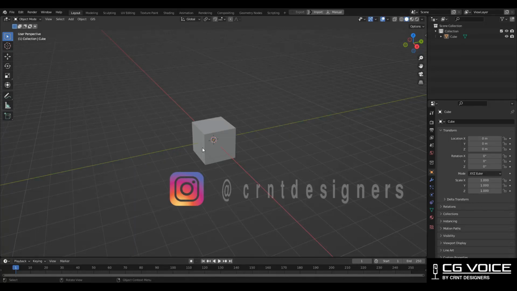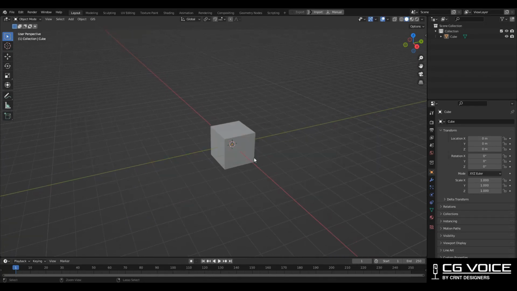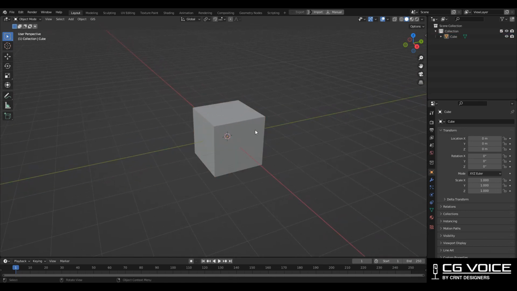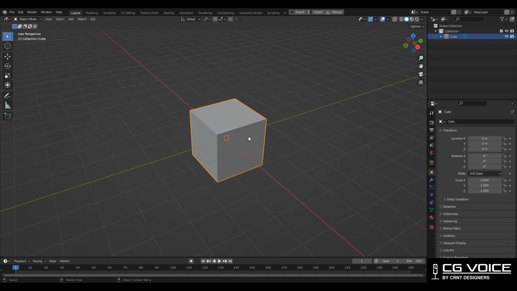If you want to organize your animation to improve your speed, then you should watch this tutorial till the end. Here I have this cube and I will animate this. Switch to the front view